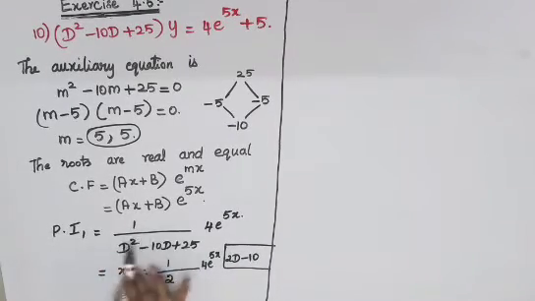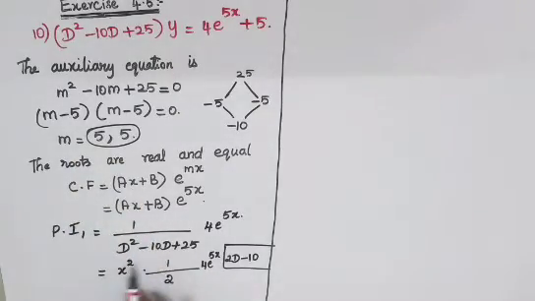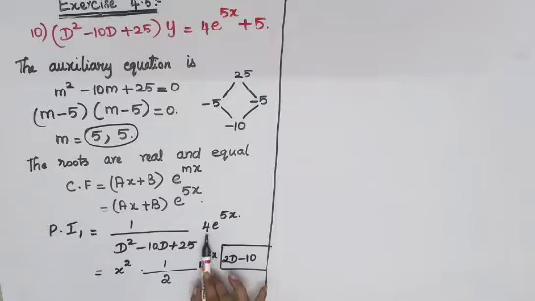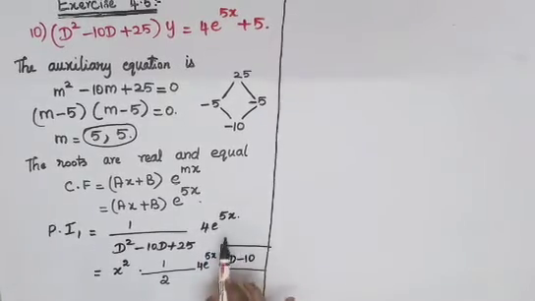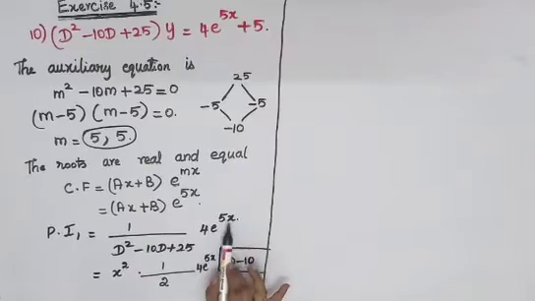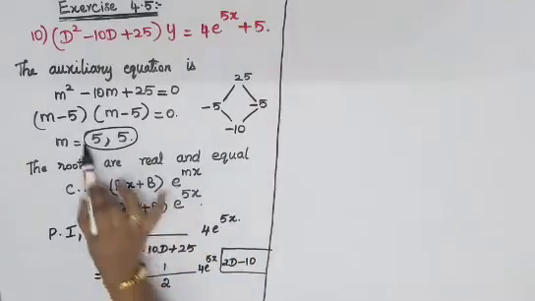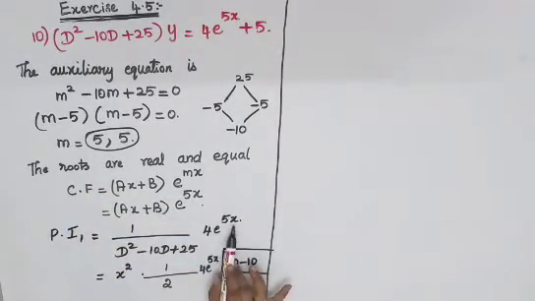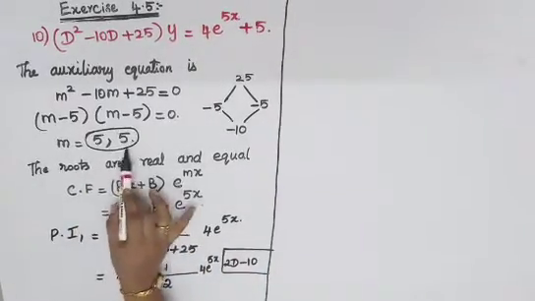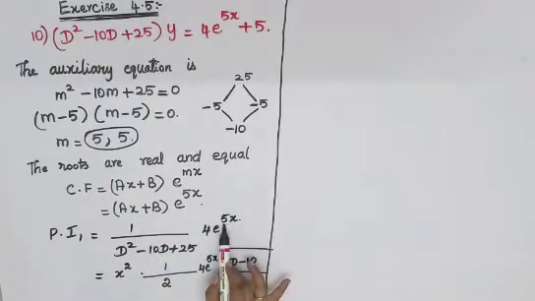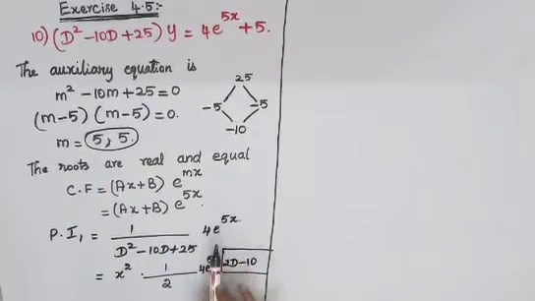PI1 is equal to 1 divided by, as it is your question, into whatever they have given in the first term, just write as it is, 4 e power 5x. Once you finish this, just check whatever numbers are given. If the coefficient of x and what we have got as the answer, that is m, if everything is the same, we have got both 5 and 5 here, so both those two answers are the same first of all, and here again we have got the coefficient of x is also the same.